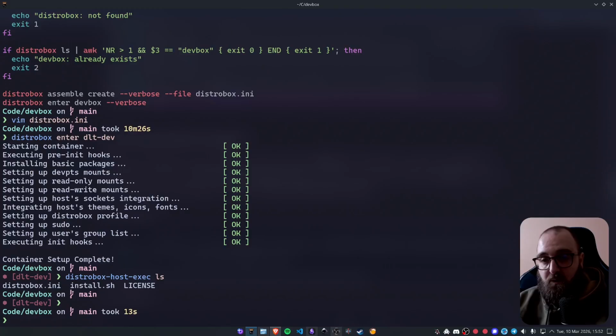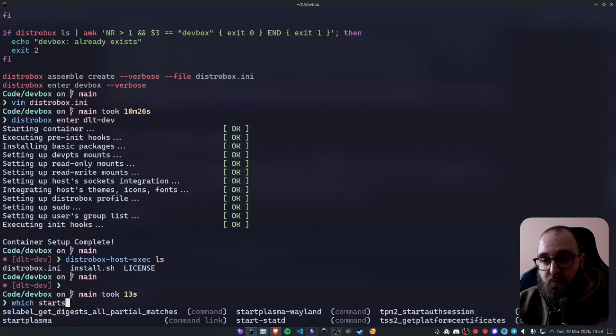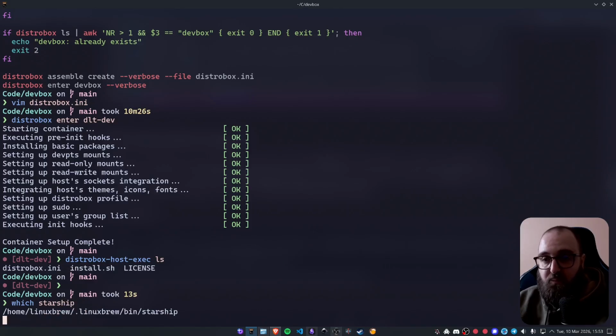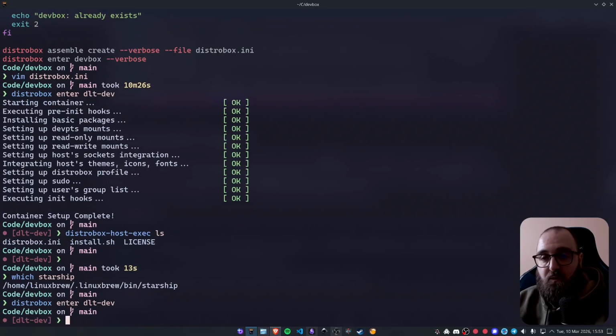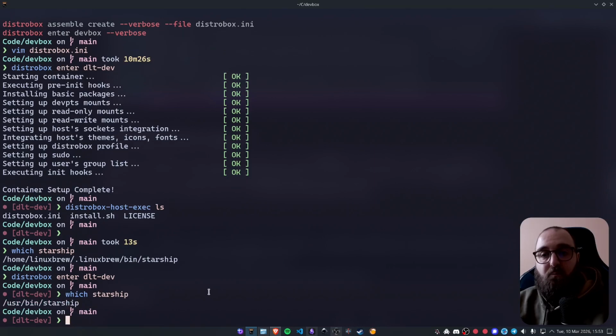And a final note, I'm running starship for the prompt both inside my distrobox and on my host machine using brew. So if you check for starship, you'll see that it is being installed with brew, okay. And if you go into the distrobox, you'll see that it is under user bin because it was installed with DNF during distrobox assemble. And the reason I have duplicated this is because like I said, it would be extremely slow to export,